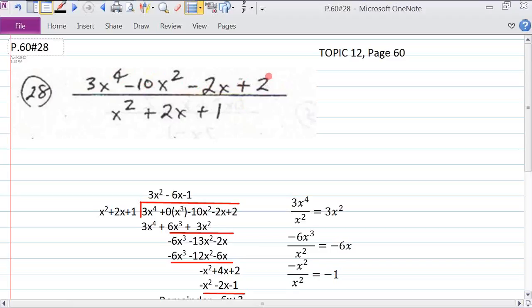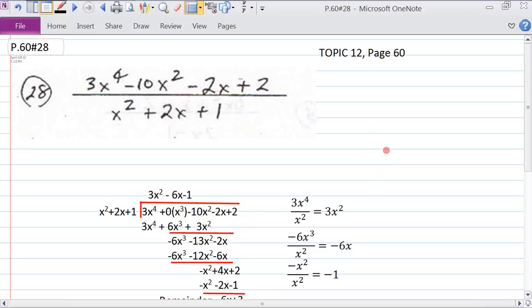by x squared plus 2x plus 1. These are in descending powers of x, but there is no x cubed term, so we're going to put 0x cubed right in here. This is 0 times x cubed, which is 0. That's so when we subtract, we can line up the x to the fourth term with the x to the fourth, x cubed with x cubed, x squared with x squared,